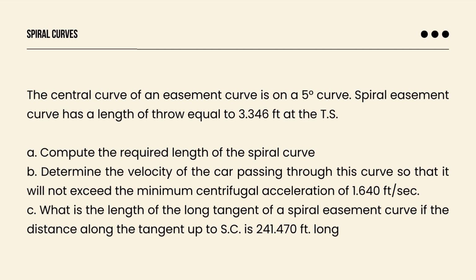So converting the given values in English system, our problem would read as: the central curve of an easement curve is on a 5-degree curve. Spiral easement curve has a length of throw equal to 3.346 feet at the TS. A. Compute the required length of the spiral curve. B. Determine the velocity of the car passing through this curve so that it will not exceed the minimum centrifugal acceleration of 1.640 feet per second. C. What is the length of the long tangent of a spiral easement curve if the distance along the tangent up to SC is